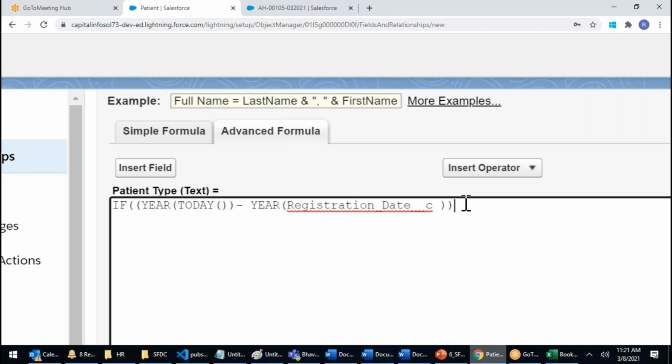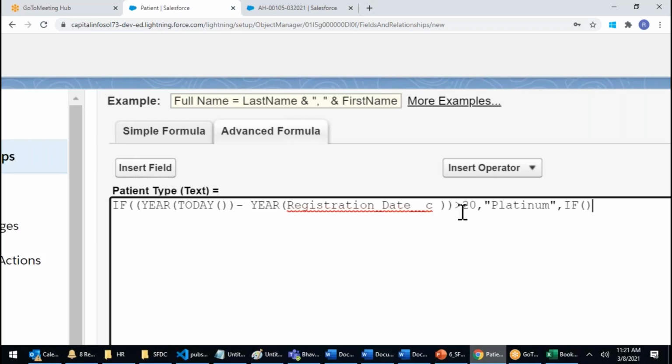If this whole is greater than how much? 20 years, then I will say platinum. Else, if,